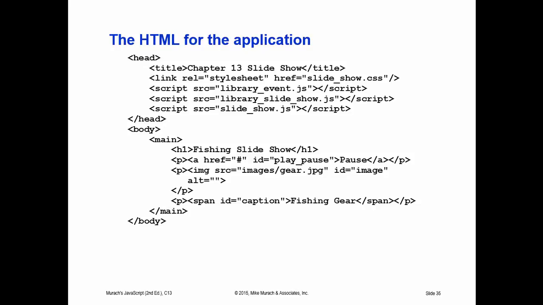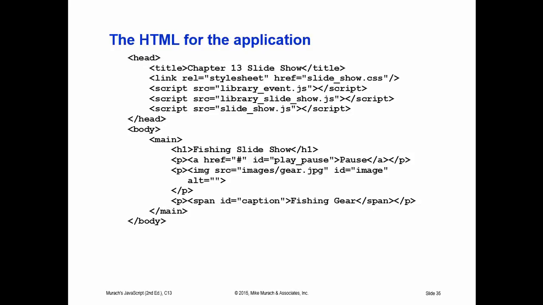The script elements in the head section link to 3 JavaScript files: the event library, a slideshow library, and the main JavaScript file. The main element contains a heading tag and 3 paragraph tags. To keep things simple, the app doesn't adjust the image's alt attribute, but in the real world, you'd probably want